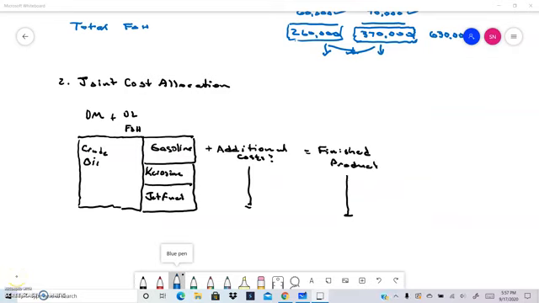So the next portion of this chapter relates to another allocation question, and that's the situation where we have joint costs. Joint costs refer to costs that are indistinguishable from one another relative to the end product up to a certain point. So for instance, we might purchase crude oil. We might spend some costs to begin to refine it up to a point where we can identify it as either being gasoline, kerosene, or jet fuel. So all the costs up until this point